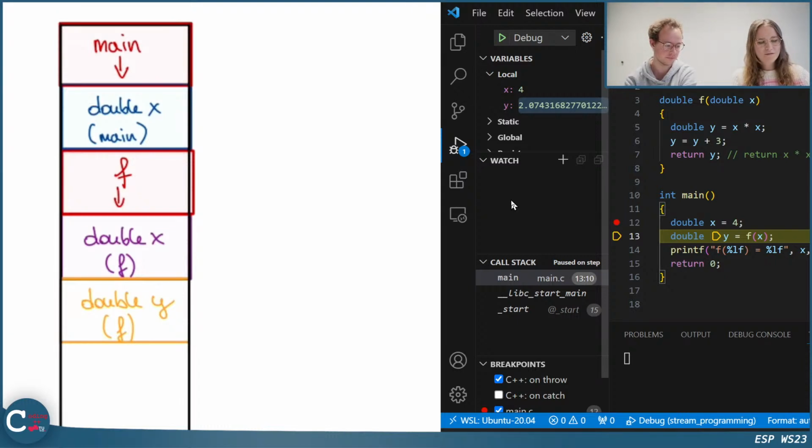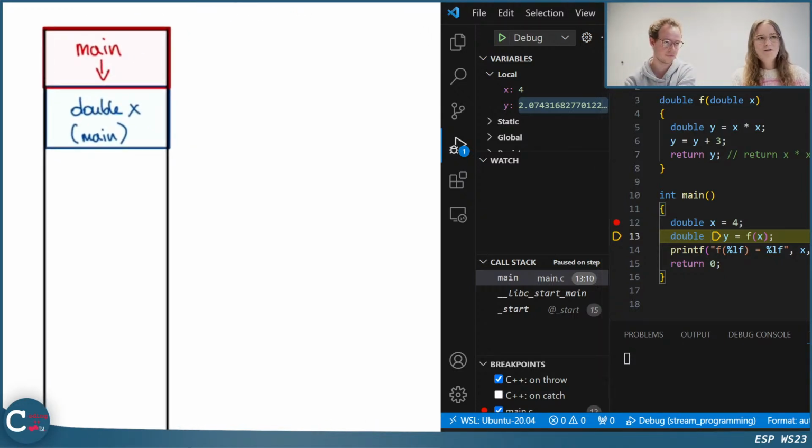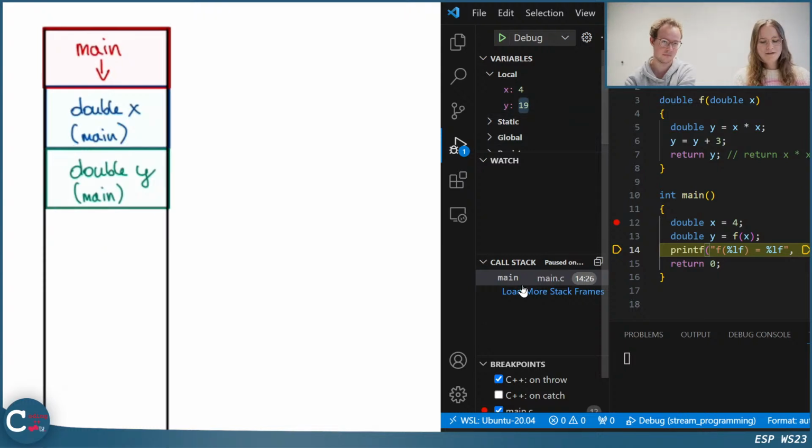So what happens now is that all variables are popped from the stack and we are back in the main. So now all variables that are in this function don't exist anymore. And our y variable is created with the return value of the function f, which was 19 in our case.